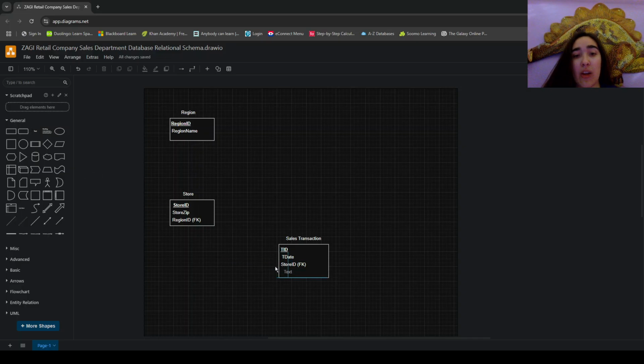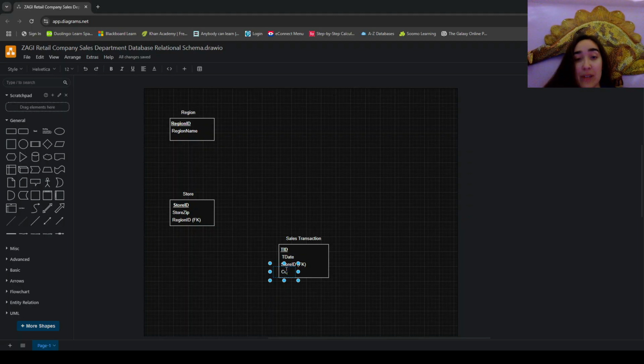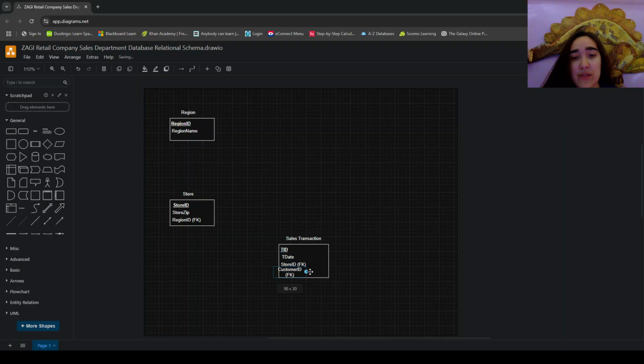Then we're going to add one more foreign key to something we haven't worked on yet, which is going to be our customer ID. Again, adding that foreign key so that everyone knows. Bada bing, bada boom. So we'll go ahead and work on that customer entity real fast. And this one's going to be